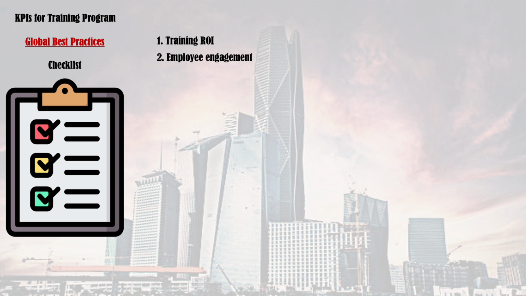Number two is employee engagement, which is candidate engagement. Another important aspect of training. A lot of trainings usually, trainers or candidates don't get involved and engage themselves in the topics that they are discussing, which is a very important aspect of any training. Skill retention, that's a cornerstone of any training.